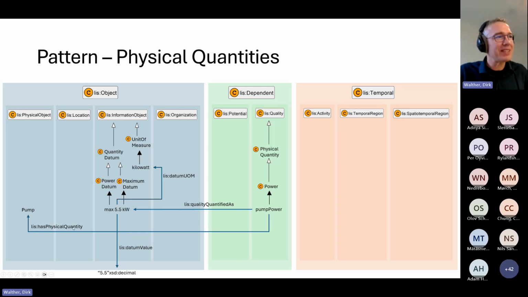So the pump has a physical quantity, which is its power. It's represented here, and this power is quantified, so a number is assigned to it by this term here, which is max 5.5 kilowatt. We categorize this term as a power datum and a maximum datum, and we assign to it a unit of measure, which is this word here, and we point to a number. This number is outside of this whole categorization scheme because they're treated separately.